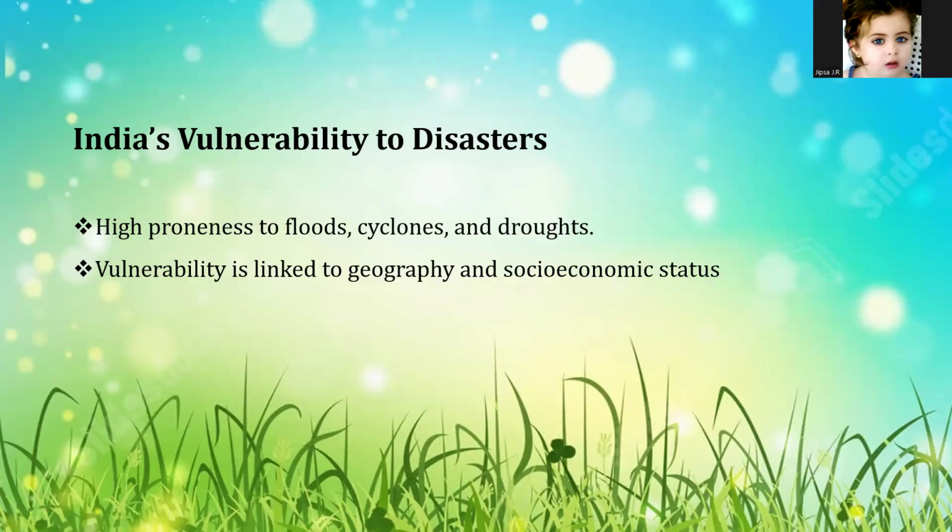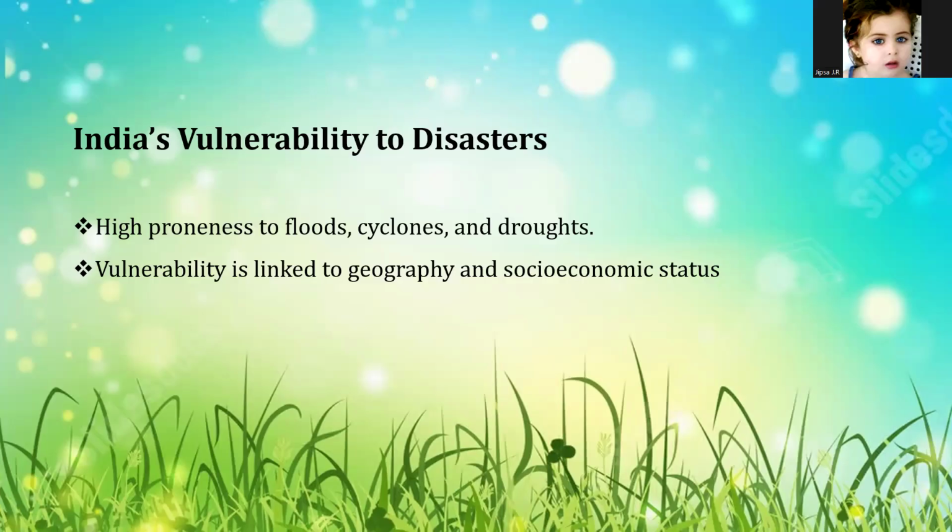What is cyclone? With a coastline exceeding 7,500 km, India is hit by tropical cyclones from both the Bay of Bengal and the Arabian Sea, causing massive storm surge and wind damage. In the case of drought, what is drought? Despite the monsoons, nearly 68% of India's cultivable area is vulnerable to drought, often due to erratic rainfall patterns that impact food security and water supply.